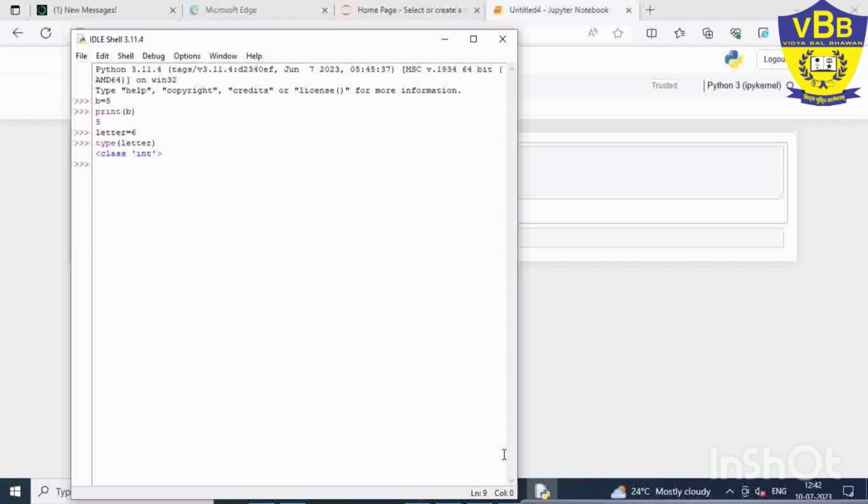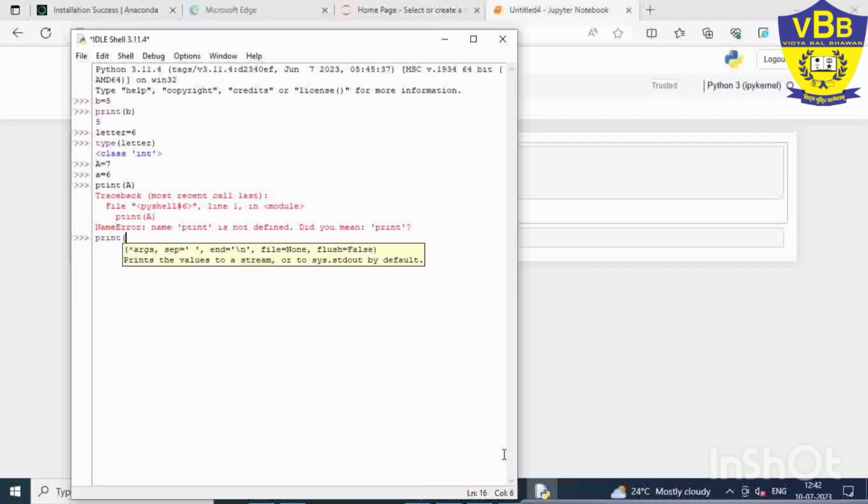So what are the characteristics of a variable? It has a name. The name should be meaningful based on what the variable represents. It should not be a keyword. It can have different values of a certain kind based on the variable kind. Suppose I am writing here capital A equal to 7, small a equal to 6. Print capital A. What will get printed, 7 or 6? It will print 7.